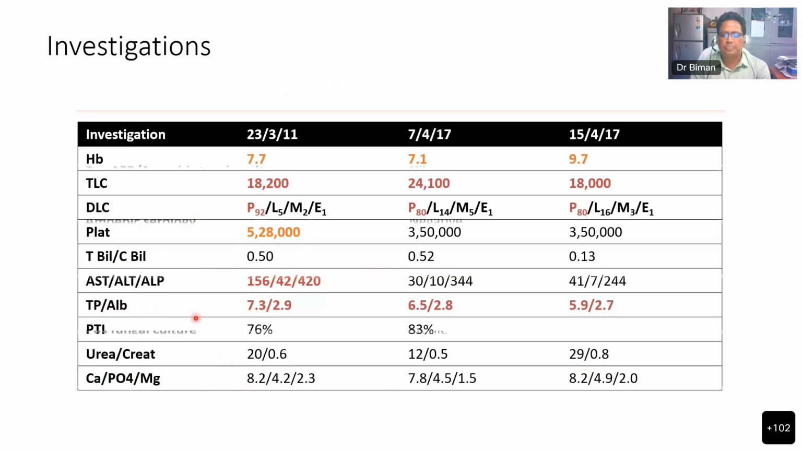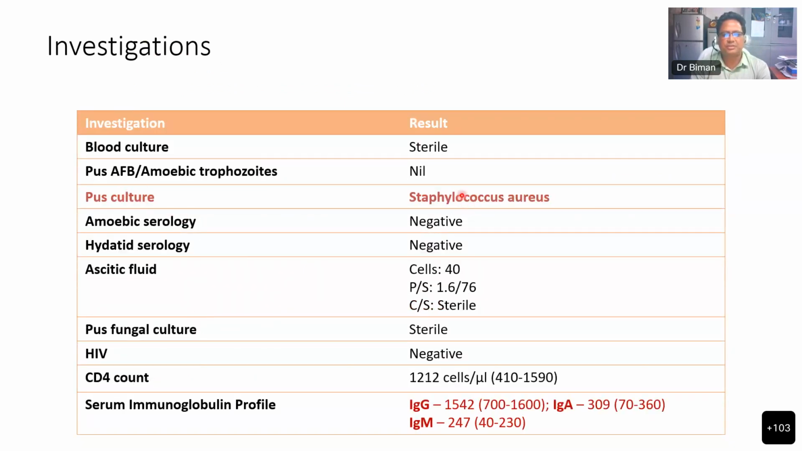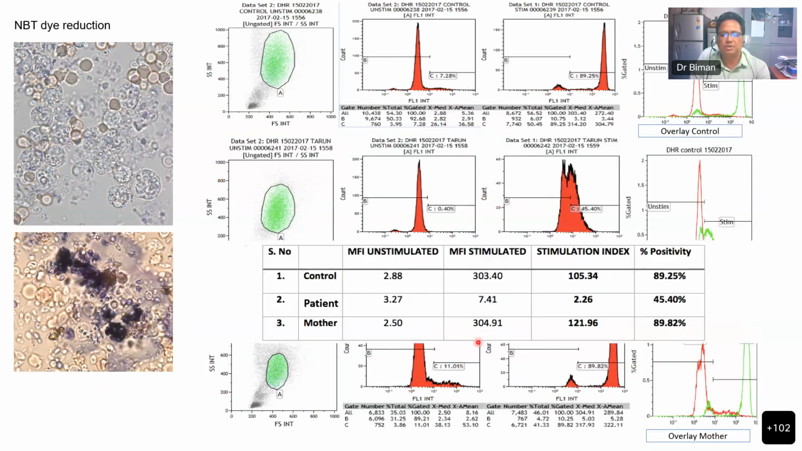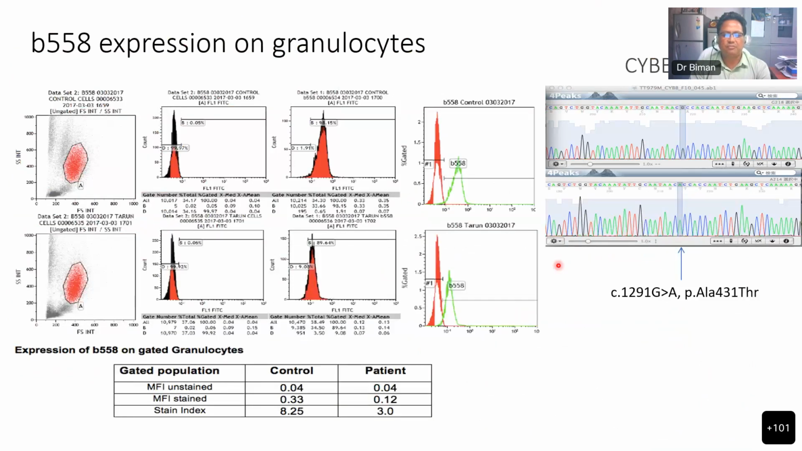And what else? In the pus culture, you can see that the pus again grew Staph aureus, and the serum immunoglobulin profile is hypergamma. You can see all the immunoglobulins are increased. So there he has hypergamma. Again, the NBT dye reduction did not show. And when you do the flow cytometry, you can again see a similar kind of thing. And in the patient, you can see that the stimulation index is very low, 2.26 compared to the control and the mother. So again the B558 expression is very low,